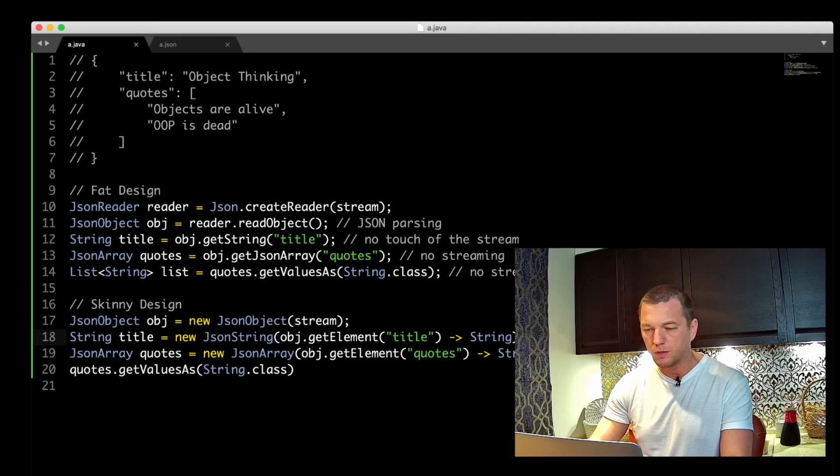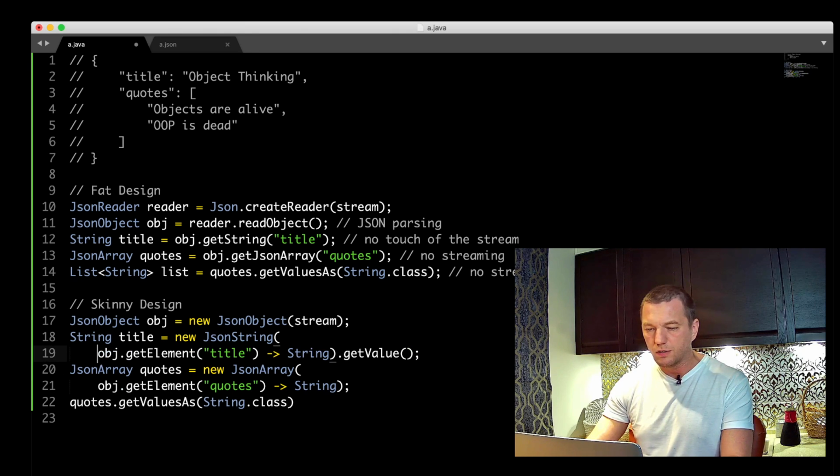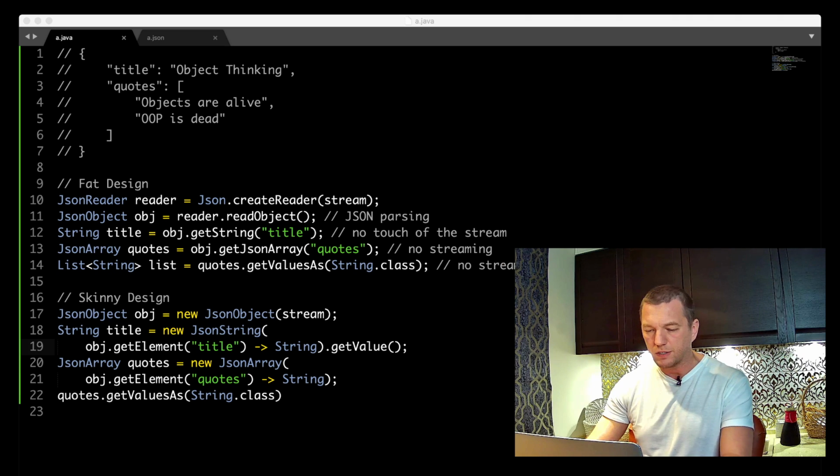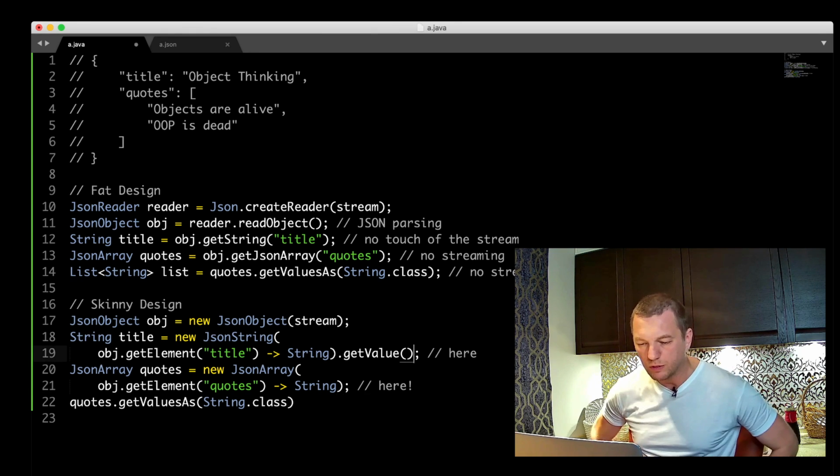Sorry, you probably don't see that. So let's break it to the next line. Yeah. So I'm doing parsing in both places. So here parsing will happen, and here. In both places, we're going to do the parsing.